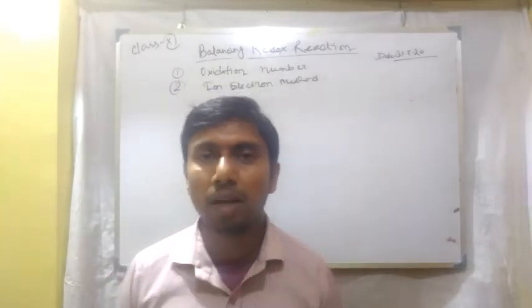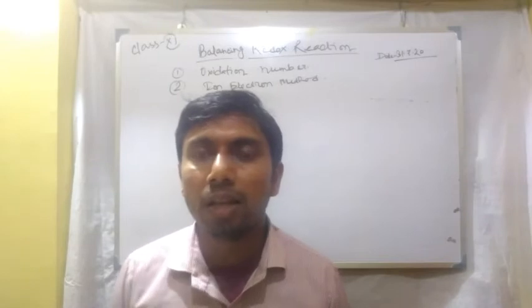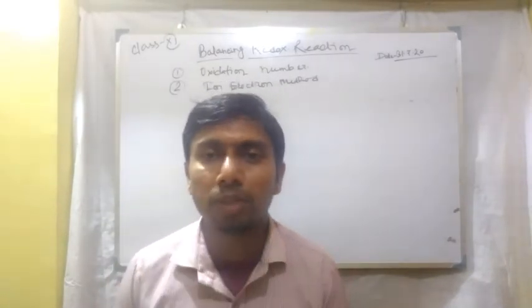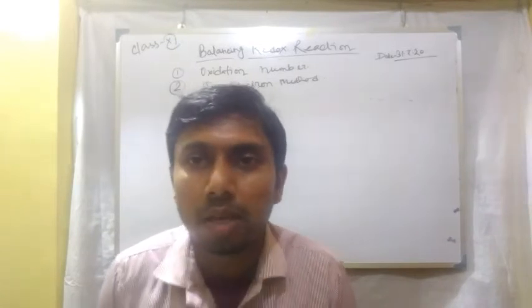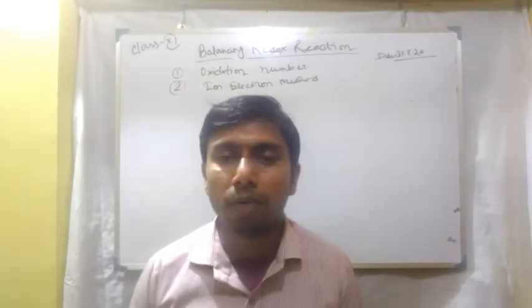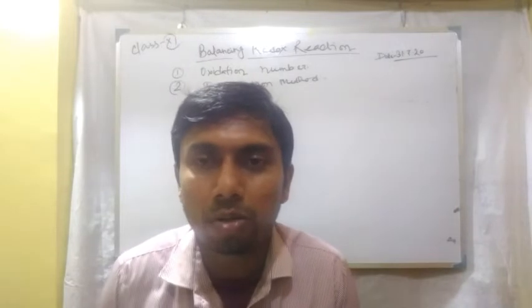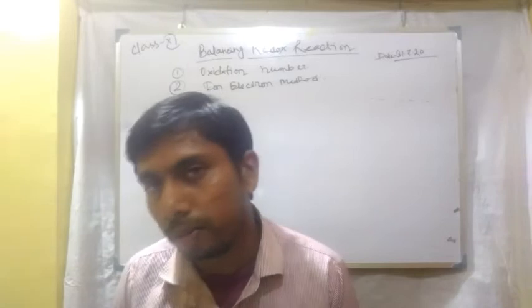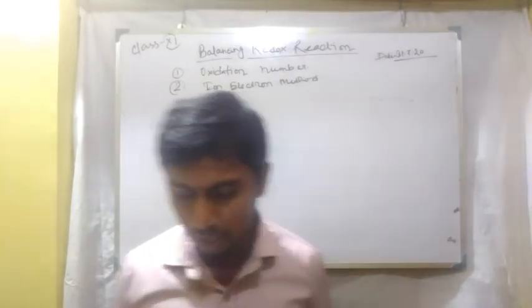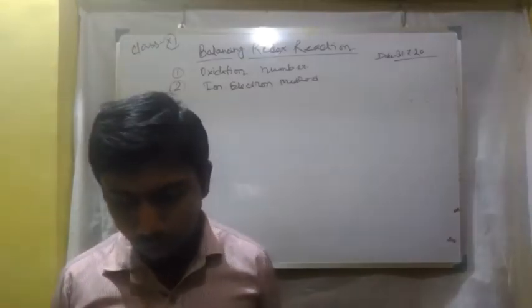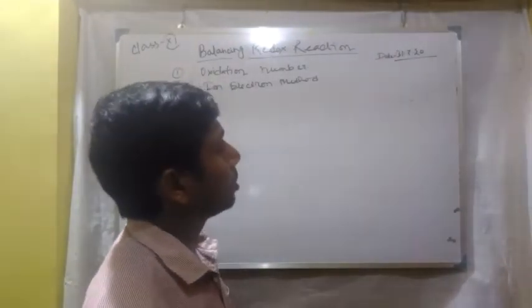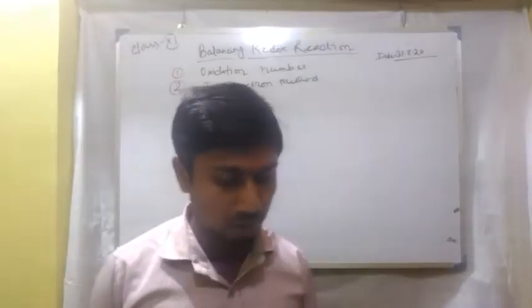That means if there is oxidation, then there is liberation of electron. If there is reduction, then there is absorption of electron by the species. So in this way, by following some steps, just like before, we can balance a chemical equation. So going to that section, that is the ion electron method, or it is also called the half reaction method.